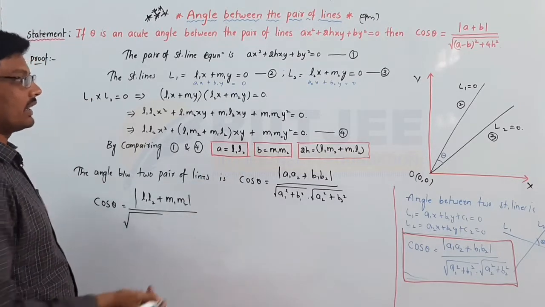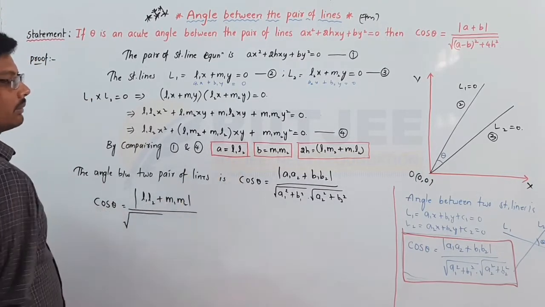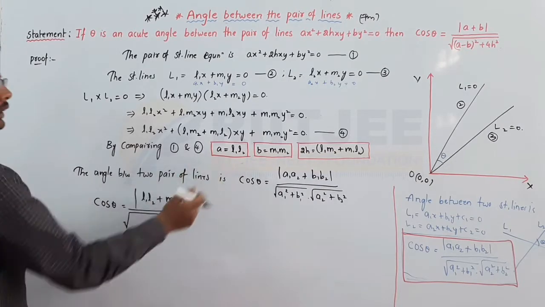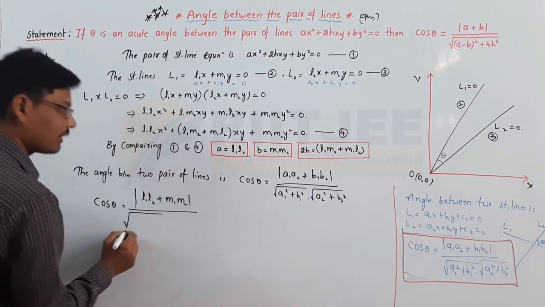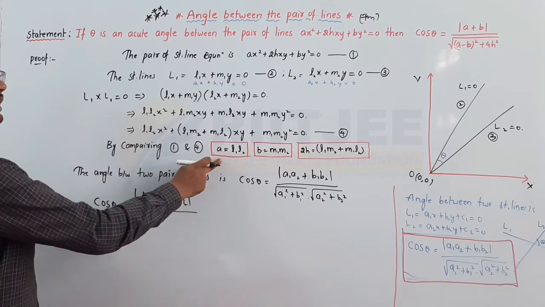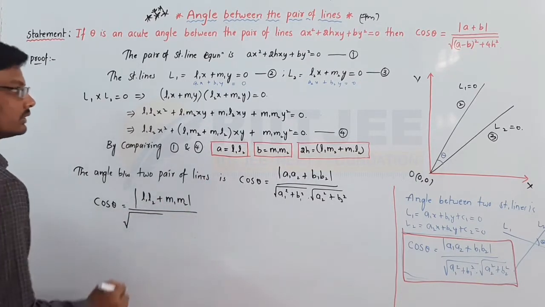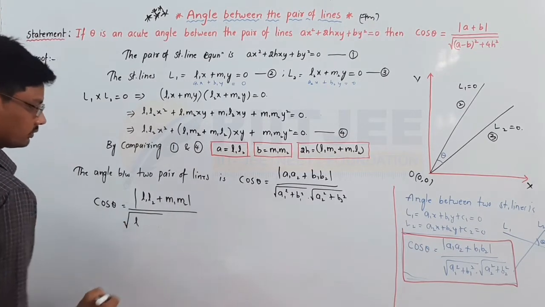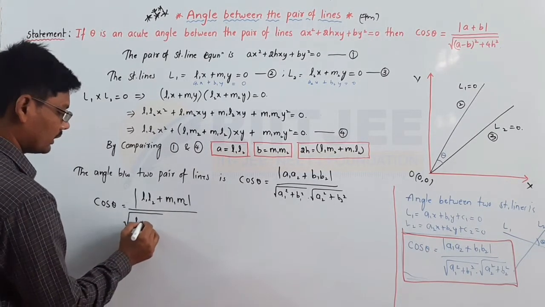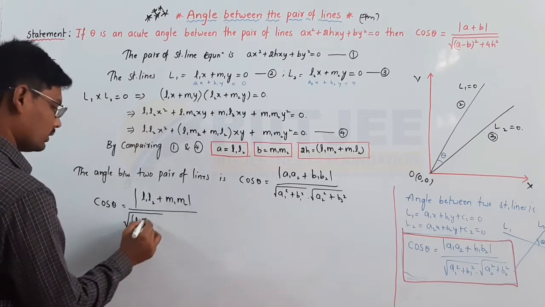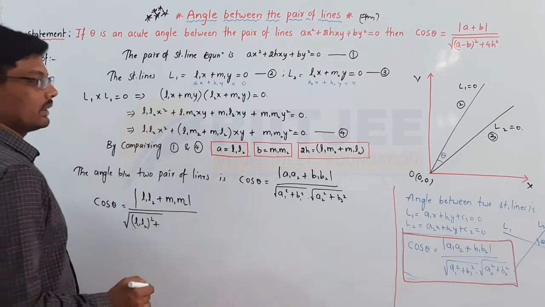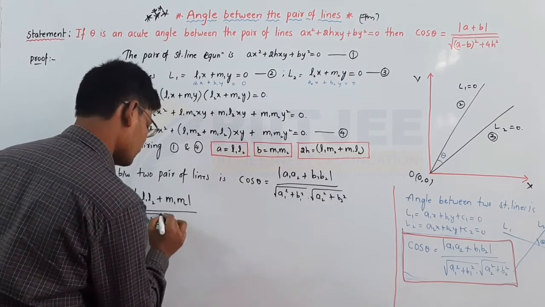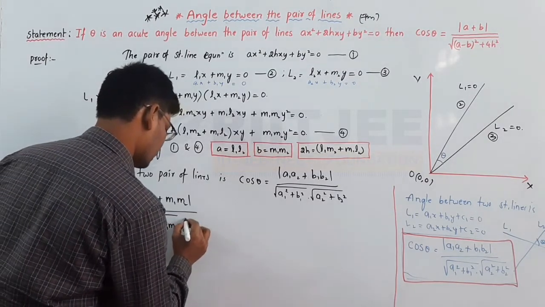A1 square is nothing but L1 L2 whole square. A1 is L1 and L2 whole square plus B1 square is nothing but M1 M2 whole square. Next, into